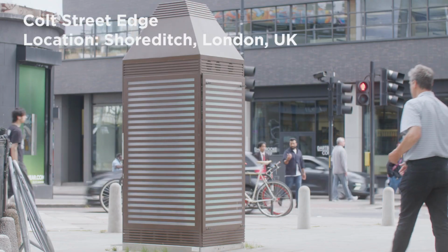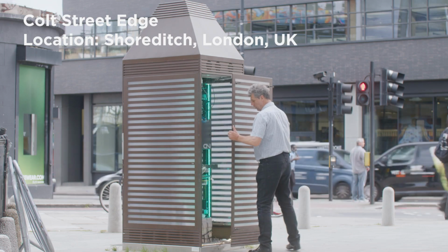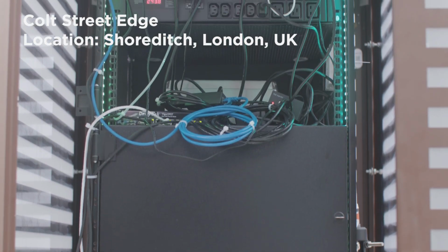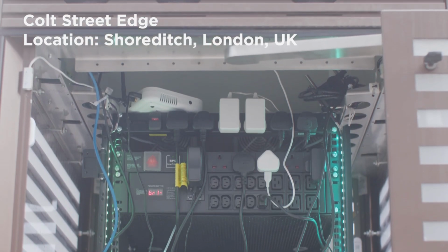Finally, the edge is a critical part of modern digital infrastructure, especially when it comes to applications that require low latency or quick processing. But proven use cases have been limited. We work with CIN and others to commission a Colt Street Edge cabinet in Shoreditch outside Colt House, capable of supporting use cases around mobile core networks, IoT for smart city, Wi-Fi access points for mobile offload, 5G fixed wireless